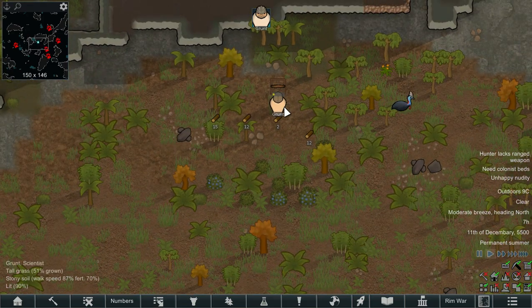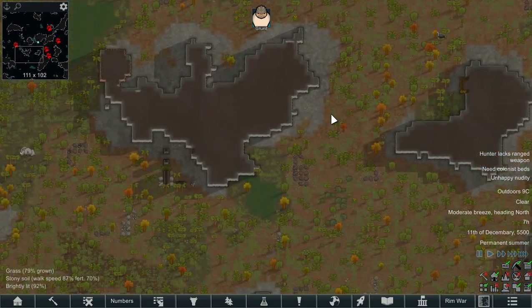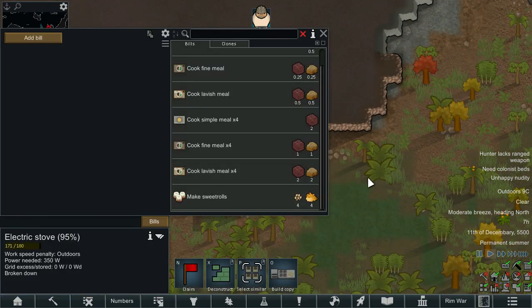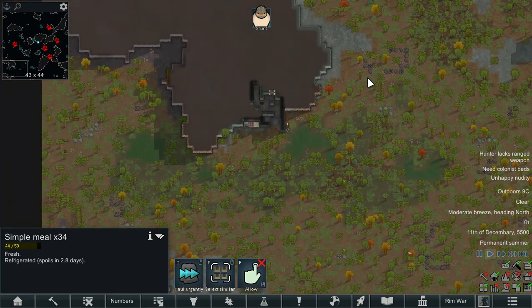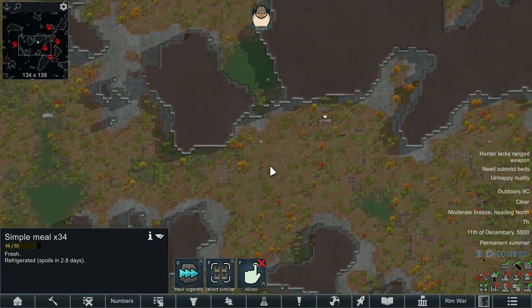So we can start getting some food. Krogans have a very low chance of actually getting food poisoning, so we're going to be able to eat it raw. Only thing that I did see on the map that might be quite useful, if I can find it, is over here they do have an electronic stove, some herbal medicine, and 34 packaged fibre meals. They will spoil pretty soon. So that being said, actually, no, we will start with the hunting just to get his skills up,